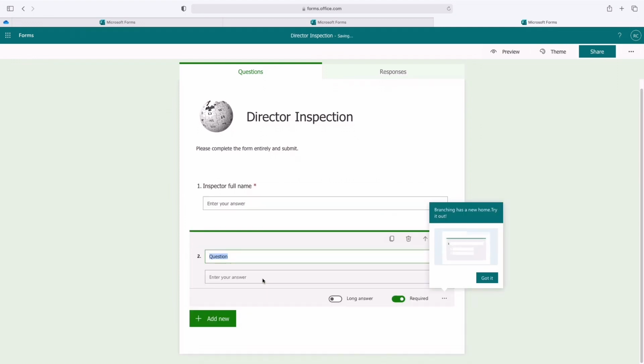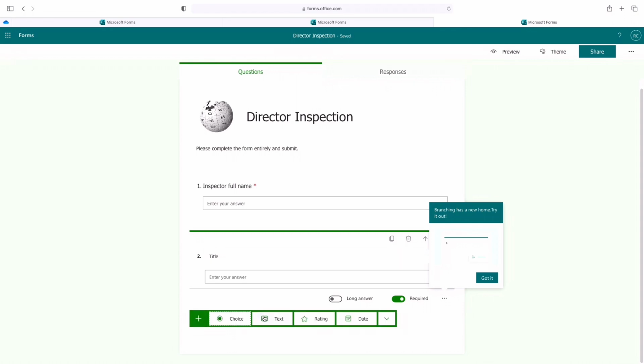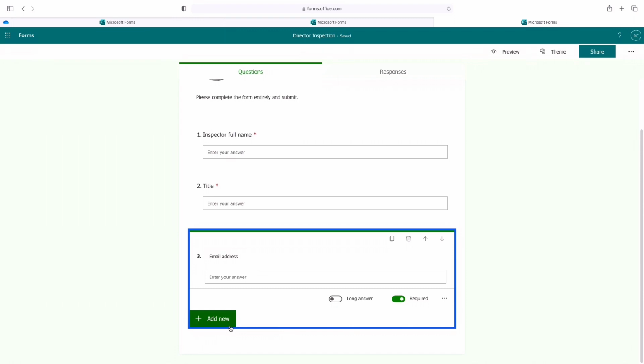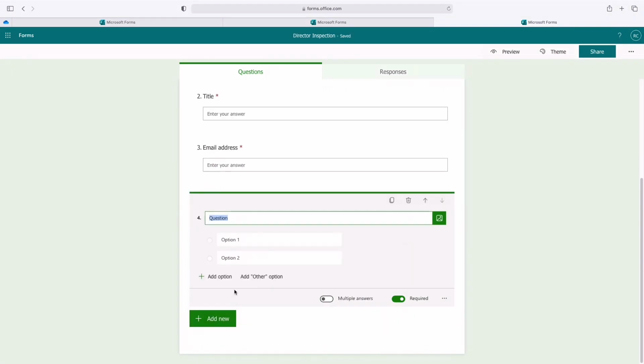We're going to need some of the details first, so I'm just going to quickly run through these. So full name, put these three in here. We're going to add in a choice, so business unit that you work for. So what business unit do you work for? And in here, we'll just add in a couple of different types of business units. So let's just say